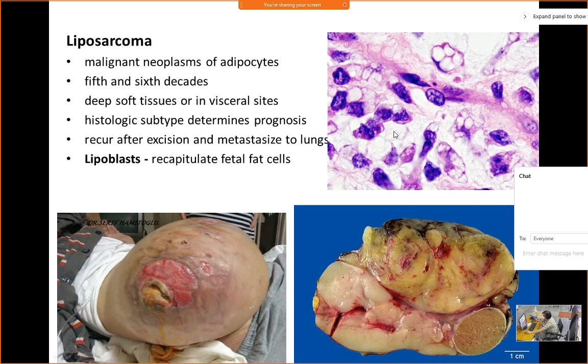Okay, for fat stains, the fat stain is oil red O. Okay, so to demonstrate fat, we have to do a special stain. On H and E, fat is not seen, it is transparent. Okay, so once you see a tumor which is yellow like this, it means it contains a lot of fat. If the tumor changes color and becomes a bit whitish, it means that the fat has become so less, the nucleus has become so large, that's why it's losing the yellow color.